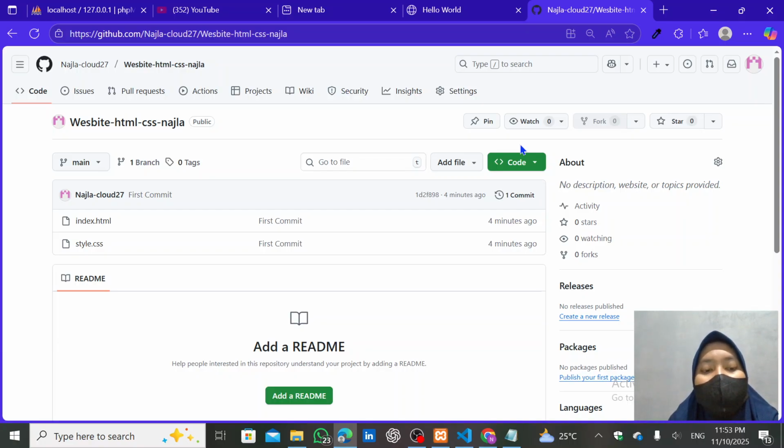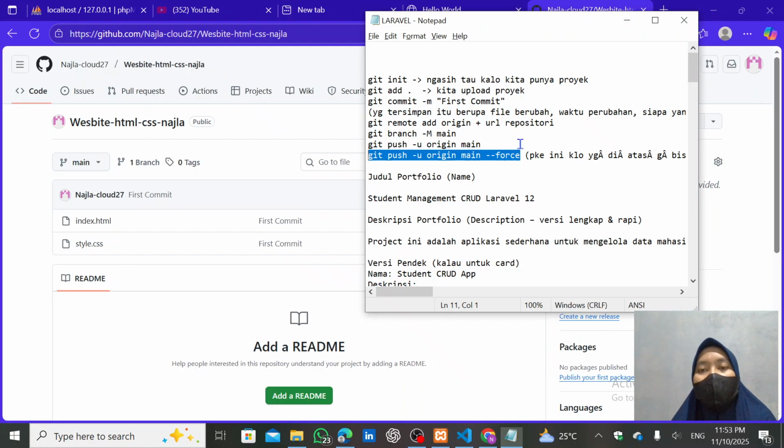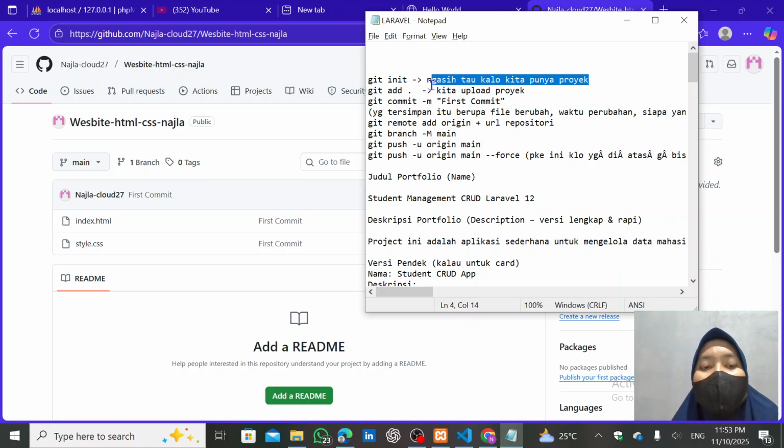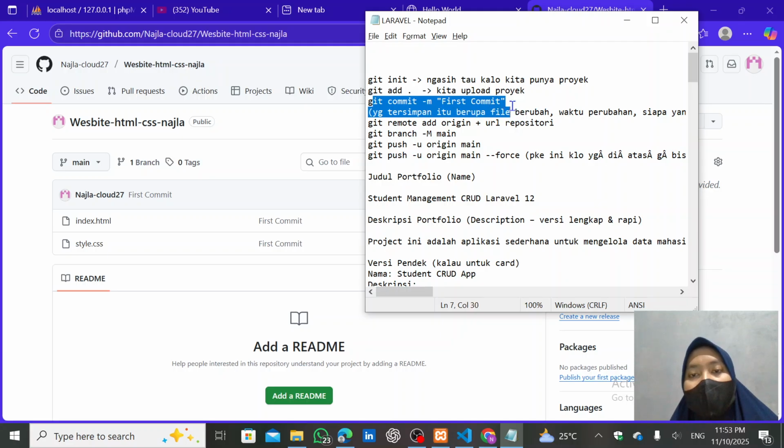Git add takes the files, and next I run git commit -m first commit. That is to save changes, yeah, git commit first commit to save changes.